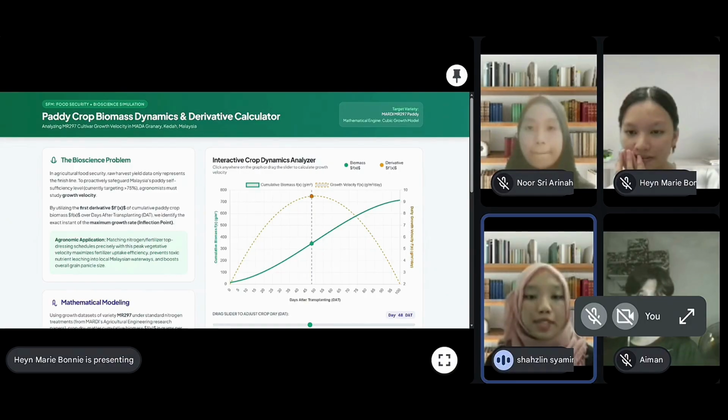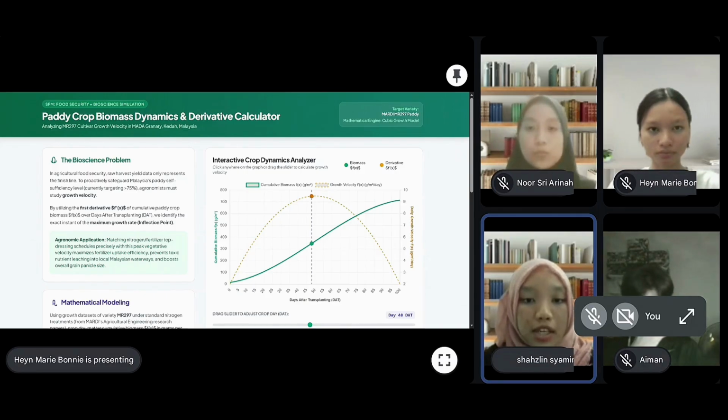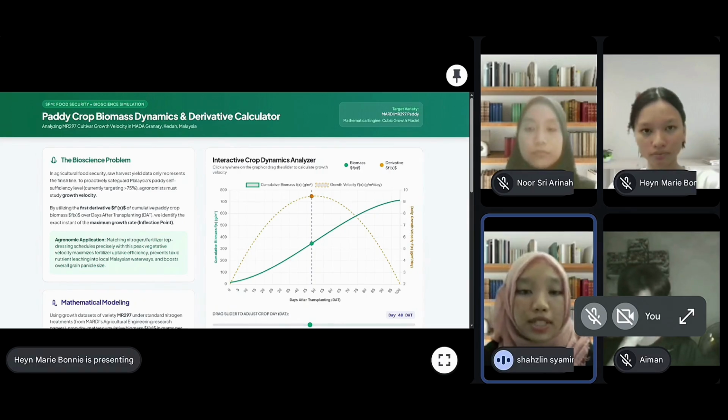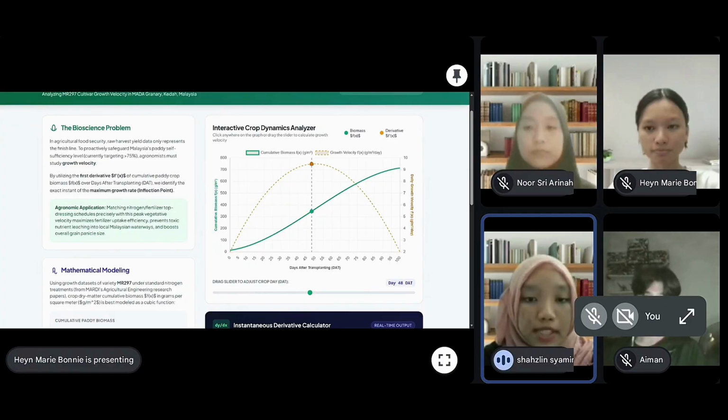For my project, I have built a web simulator titled Paddy Crop Biomass Dynamics and Derivative Calculator, which focuses specifically on analyzing the growth velocity of the MOHD MR297 cultivar in the Mada granary located in Kedah, Malaysia. Let's address the bioscience problem in